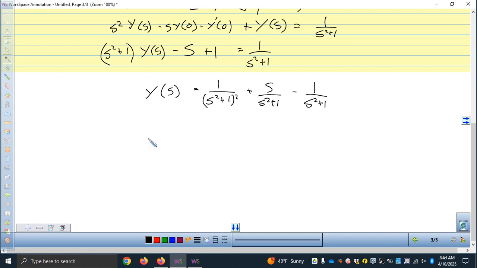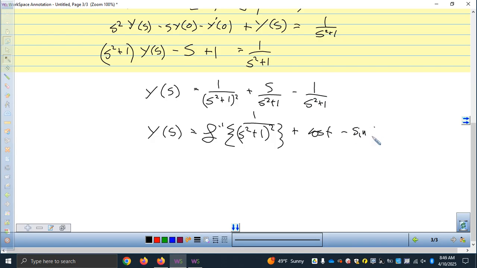Then we say y of t equals the inverse transform of 1 over (s squared plus 1) squared, plus the inverse transform of s over s squared plus 1. Do we remember what that one is? That's a cosine. Minus the inverse transform of 1 over s squared plus 1, which is sine t. This first one I would look up. When I see that squared in the denominator, I'm going to go to my table in the back of the book, and I see